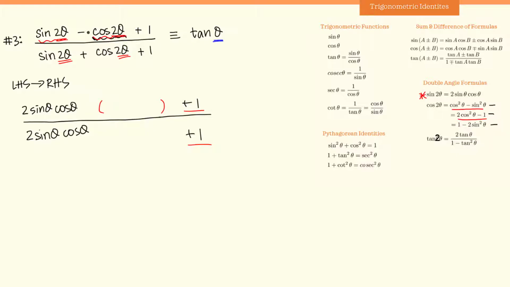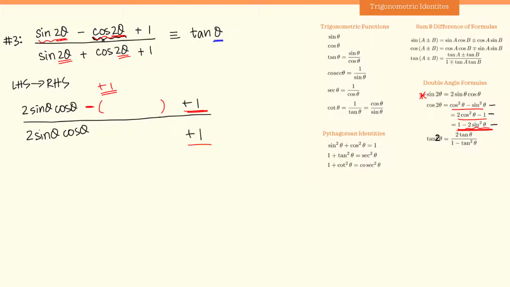But notice over here there is a minus sign with this cosine of 2 theta, which means that there will be a minus sign here also. So if I use this formula, this minus 1 over here, when it multiplies with this minus, becomes positive 1. And positive 1 cannot cancel out positive 1. 1 plus 1 would give me 2. And I don't have a 2 on the right hand side. And if I use the third formula, this has a positive 1 with it. And minus times plus is minus, so this would be converted into a minus 1 that would cancel this positive 1 out.